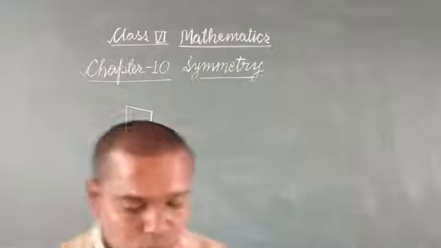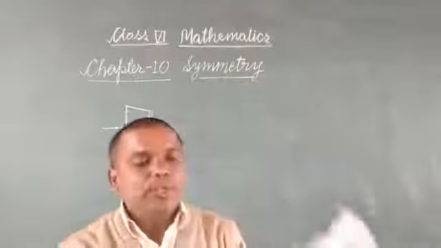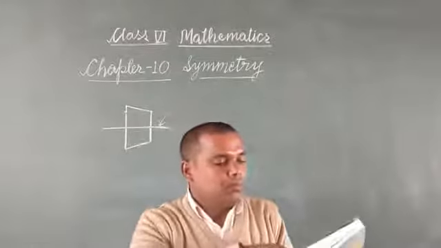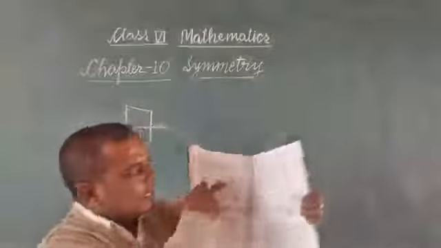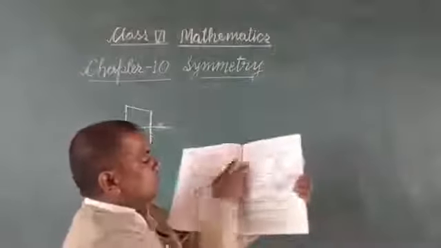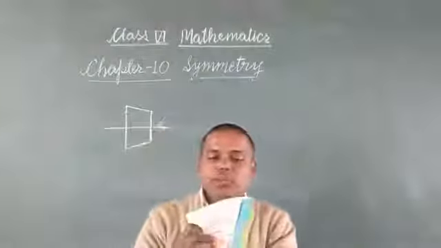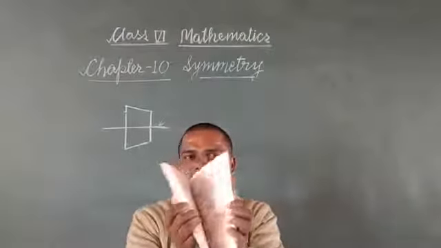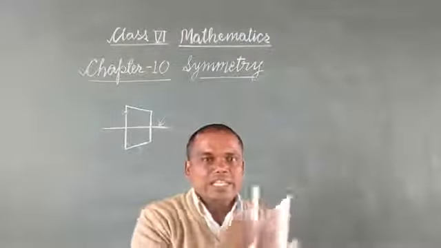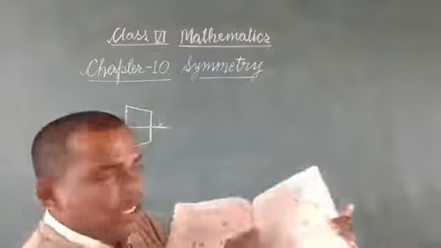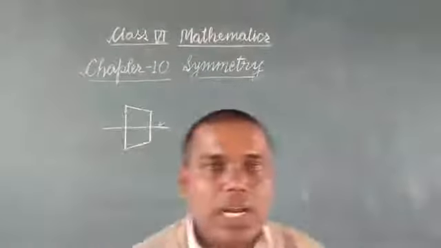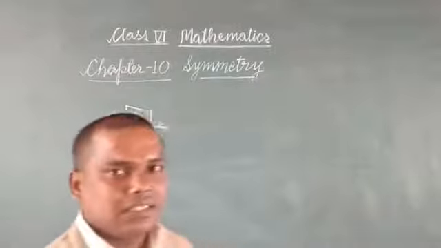Now you see the book. If we open the book and close the book, here one line you can understand, this one. And when we close it, this part of the book exactly covers this part of the book. So we can say that at the joint of the pages, there is one line of symmetry.